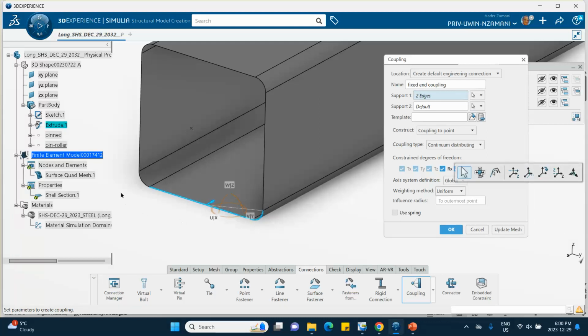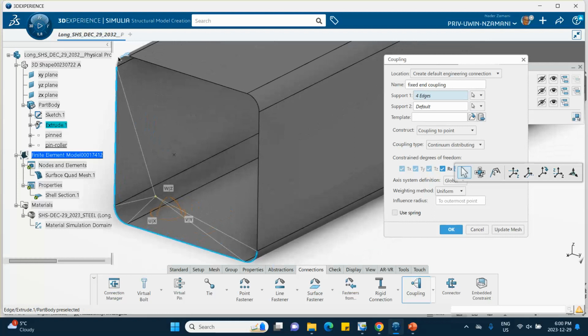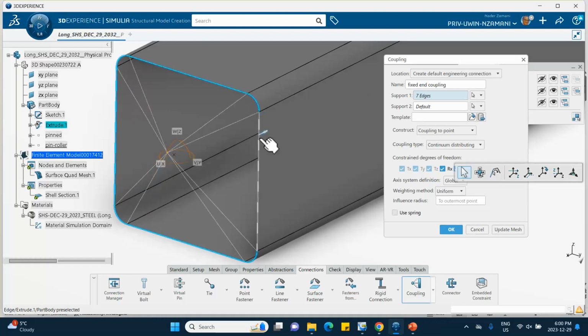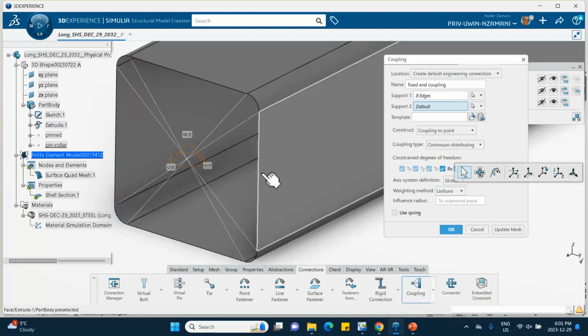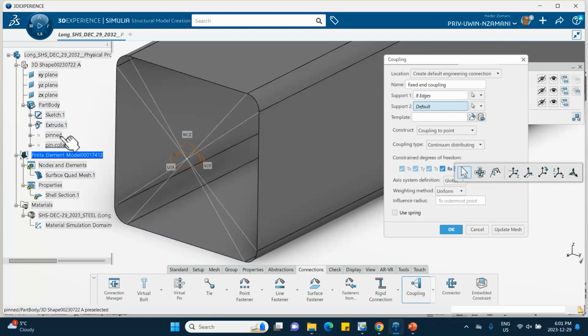1, 2, 3, 4, 5, 6, 7, 8. And for the support, it's going to be that point that I created, which you can select from the tree. I'm pretty sure if I had not created the tree, it would have taken the centroid of that section, which would have been the same thing. So pinned, okay,